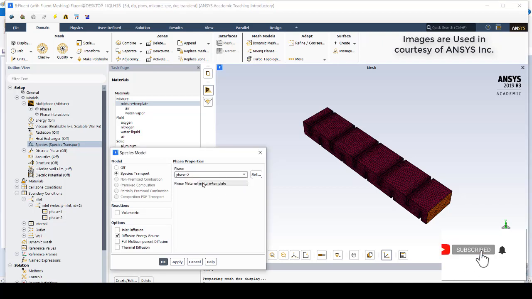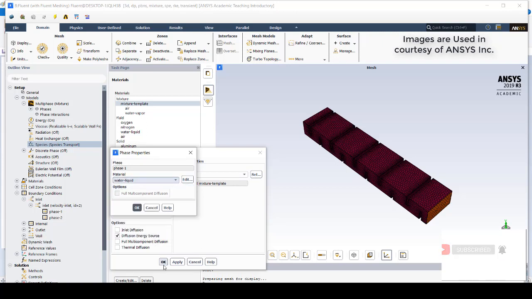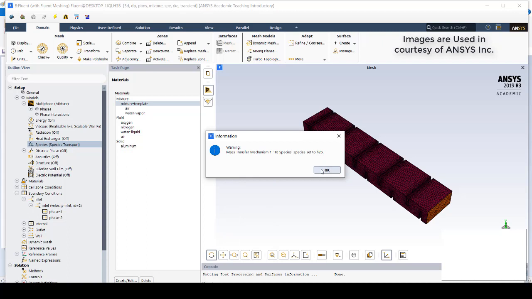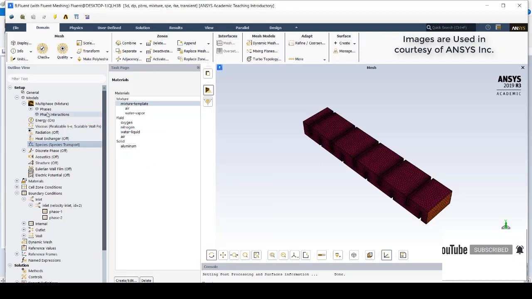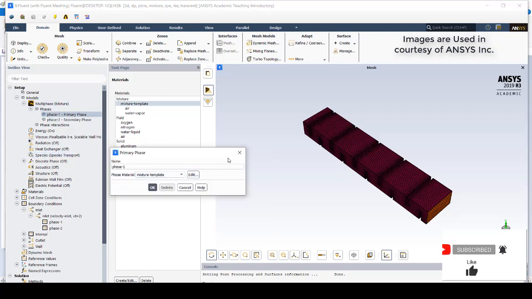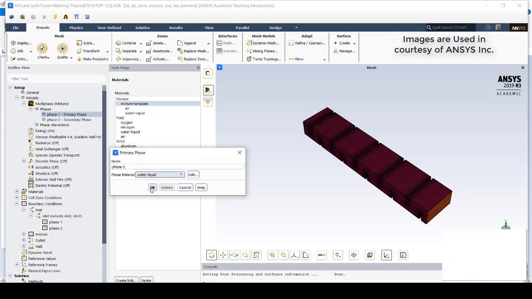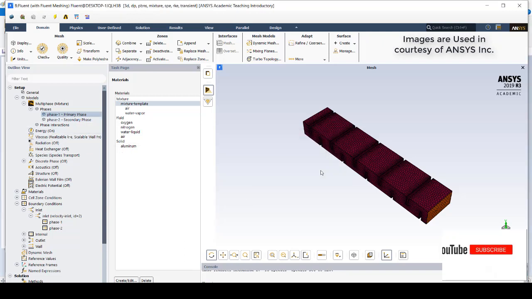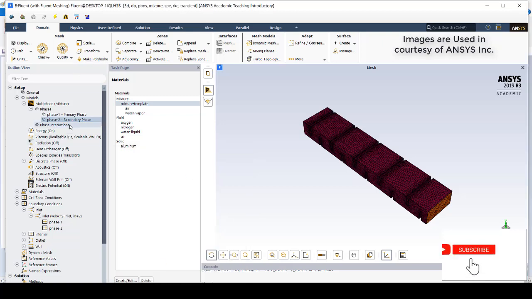Then again you go to the multi-phase with phase 1 as water liquid, and phase 2 as mixture template.